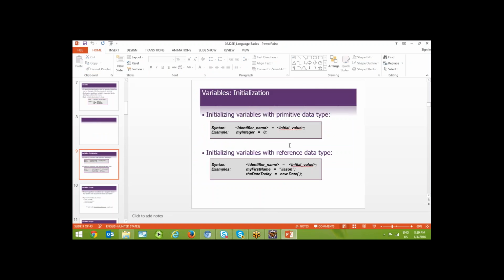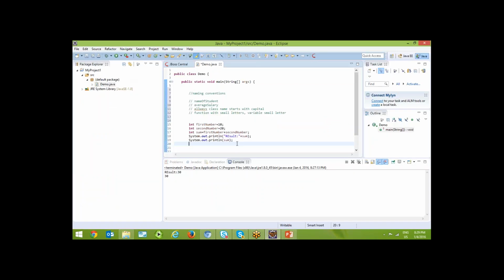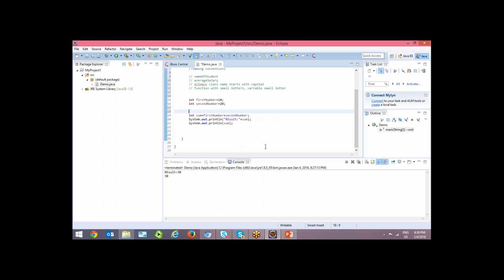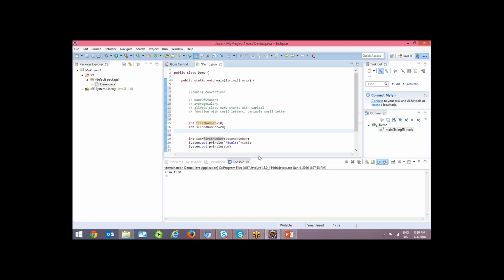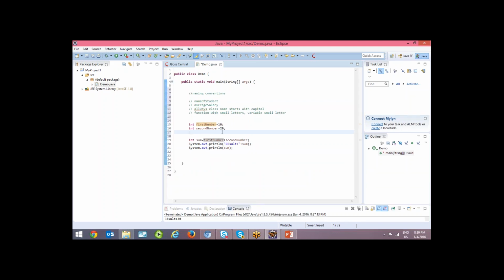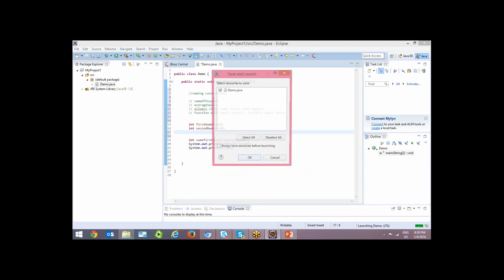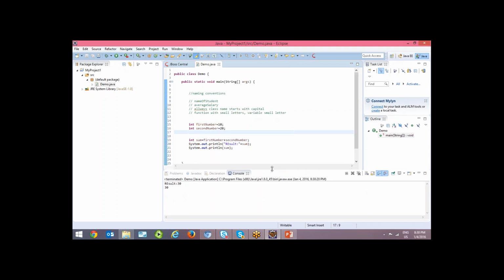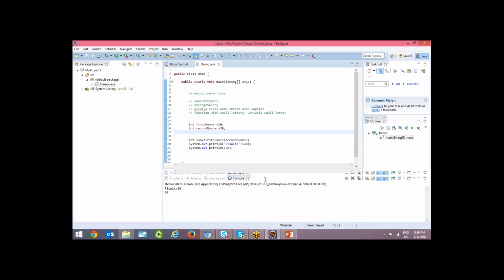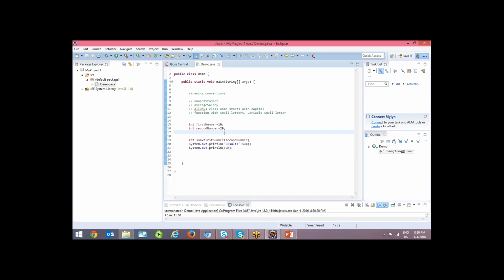And next is initialization. Initialization means as soon as you create, assigning some value. Let us say here we are doing that initialization. Initialization means giving some value as soon as it is created. We can also give this first number value at runtime. Means instead of giving 10 and 20, we can give some runtime values. How to give that we are going to see now. Now here initially you are giving 10 and 20 and you are running it, and if you run this program 100 times also you will get the same result, right? This is what is called initialization, giving some startup values.